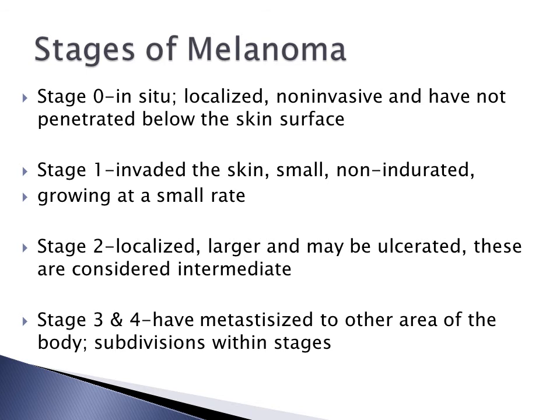So there's a Breslow depth classification system that's been used as a prognostic factor, and that is complemented by a Clark staging system of the tumor invasiveness. As we look at this slide here, we're looking at the Clark's staging system. As I said, stage 0 is in situ. Stage 1 has invaded the skin and is small, but it's non-indurated, and it's growing at a very, very small rate. Any of these you want to have removed. Stage 2 is more localized, and it's larger, and it could be ulcerated, and these are considered intermediate,